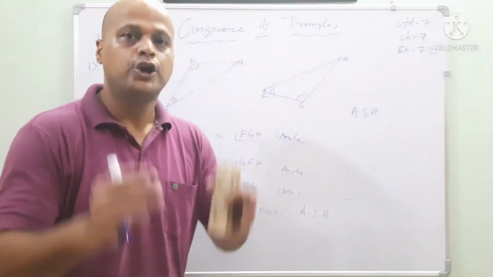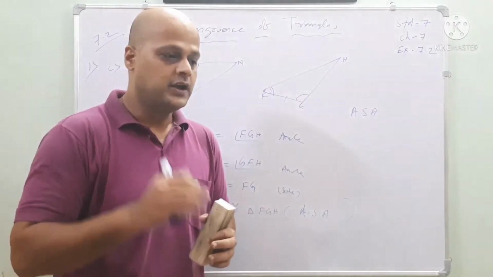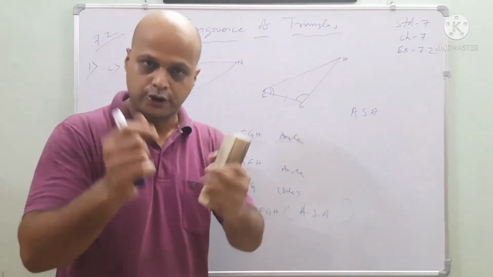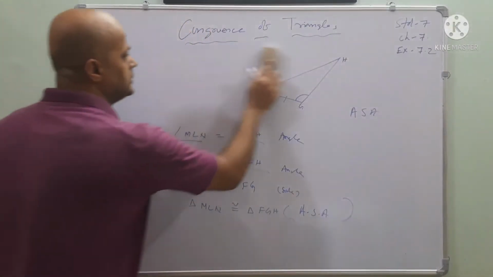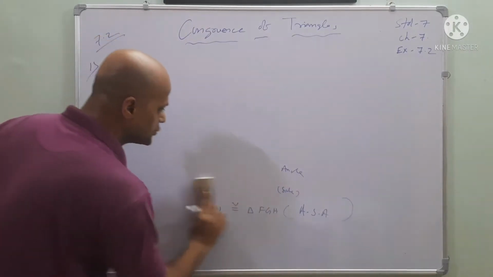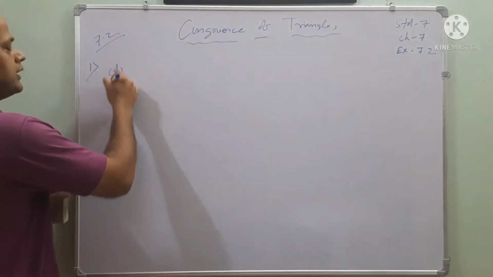In this manner, you have to solve one by one. Understood? The fourth one I am not doing, it is for you. Try it, or we'll do it. Okay, let's do it. The D1, what is the D1 saying?